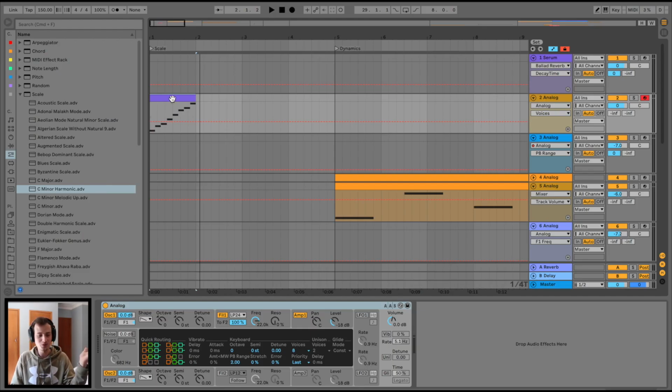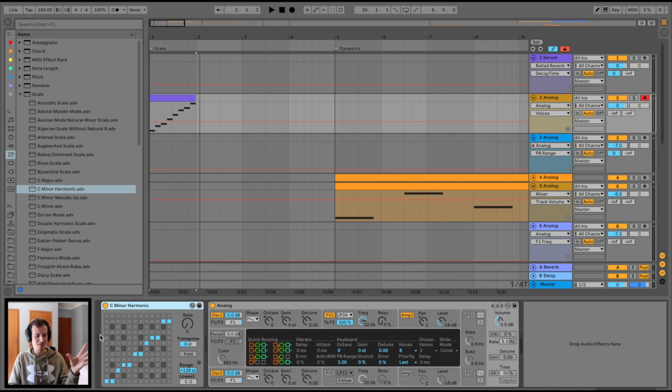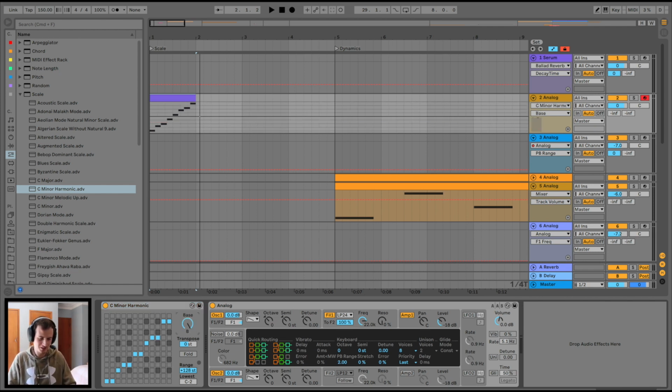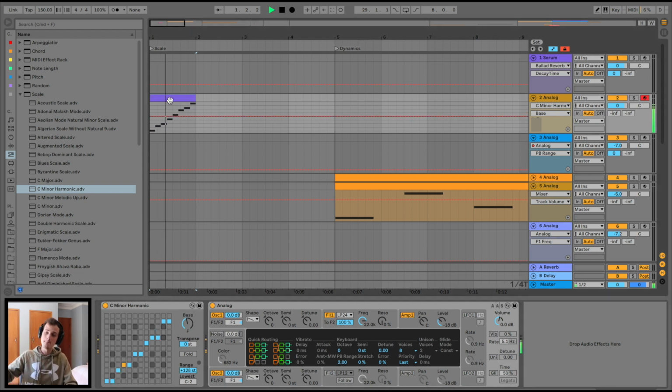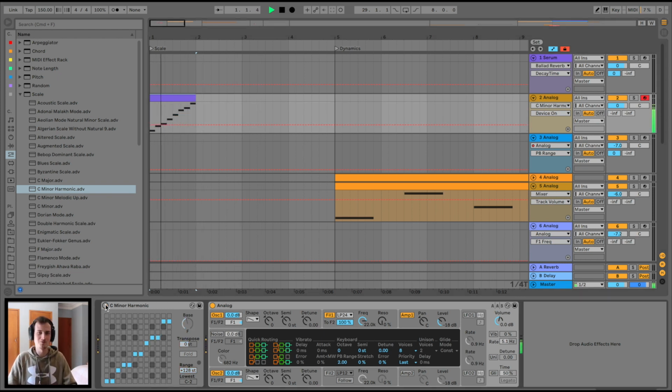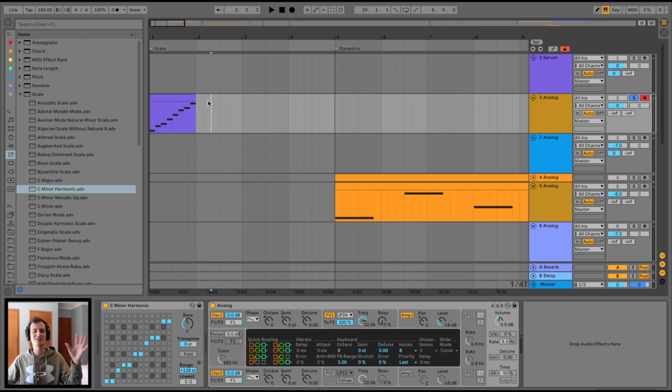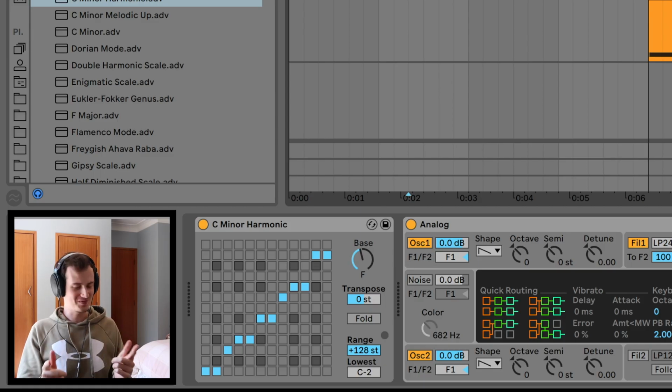So if we listen to the normal F minor scale, yup, but if we slam a scale tool on it and convert those minor notes into harmonic minor notes, it sounds a little something like this. It was an F before, so we're gonna lock it into F. Yeah, subtle towards the end, isn't it? Honestly, if you're gonna take anything away from this video, it's that harmonic minor scales are the best